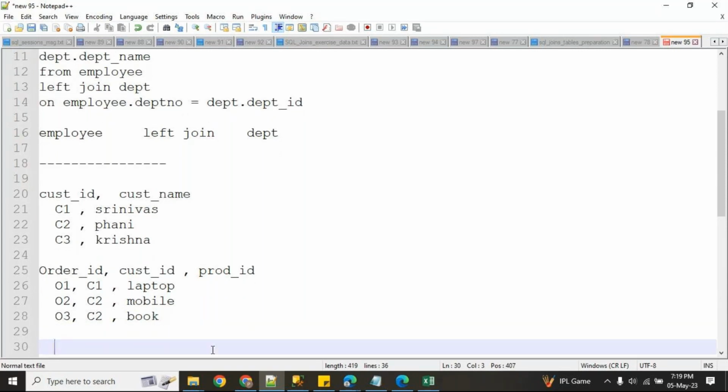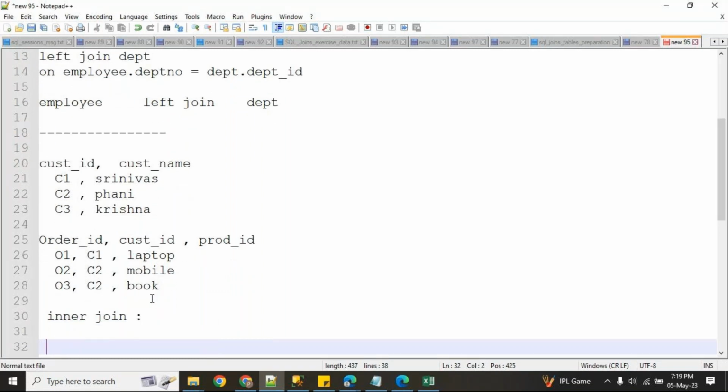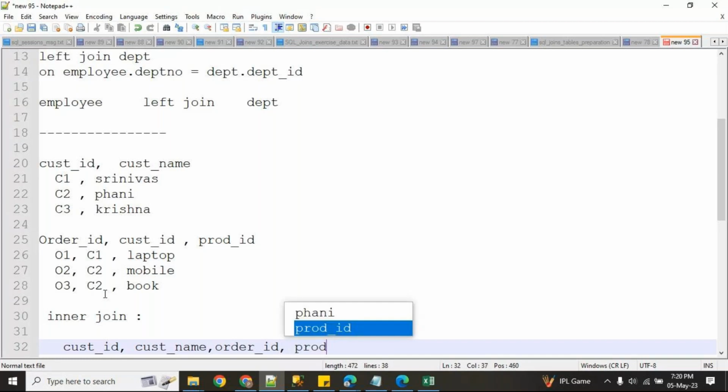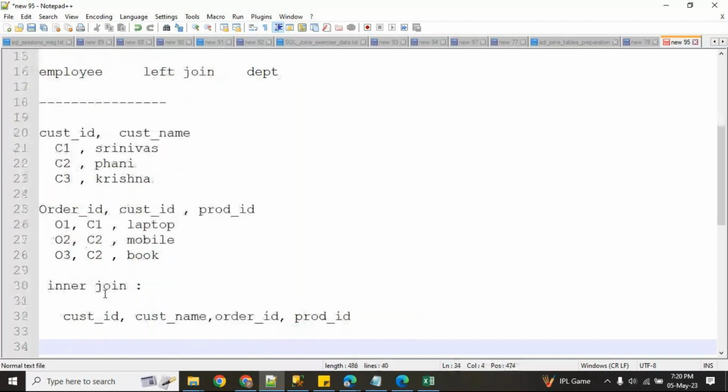Now, if I do an inner join based on the customer ID, I get the output like this: customer ID, customer name, order ID, and then product ID. In this case, with inner join, I will miss this record, because only matched records come.